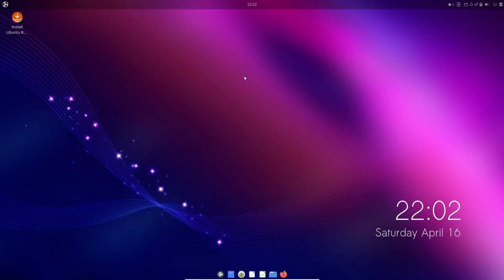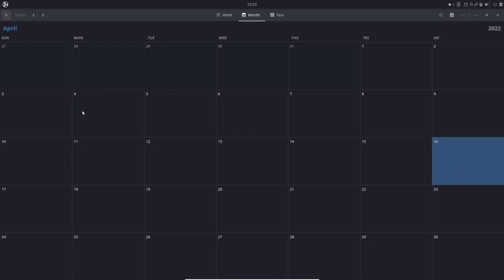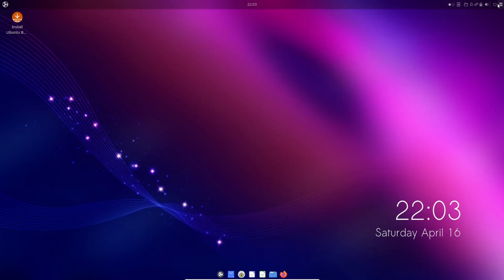Now that we're closed out of that, you can see it is a very beautiful desktop environment. The Budgie desktop is great. If you look up top, you've got a single panel up top. Gives you that Mac feel. Its transparency is nice. You click on that, you've got time and date settings, you've got your calendar, and then of course you've got preferences right here: show date, show seconds, use 24-hour if you would like to. If you click on show calendar, your calendar pops up. I love the theming of this. It's really beautiful. I'm going to go ahead and close out the calendar. Up top here, you've got your power off or log out. You've got your sound settings, battery, internet, alerts, notifications.